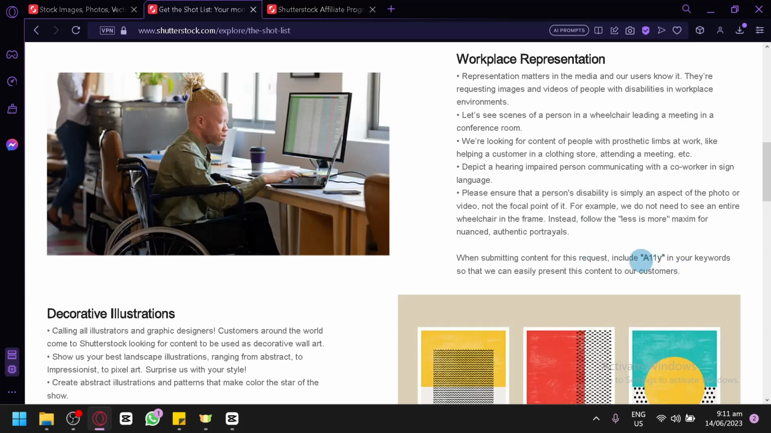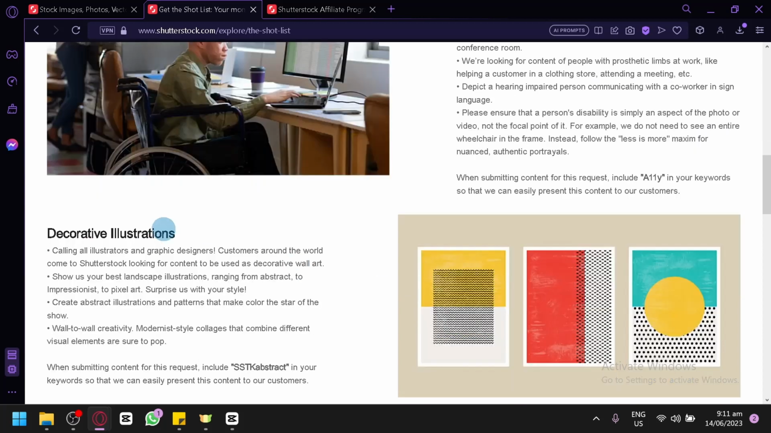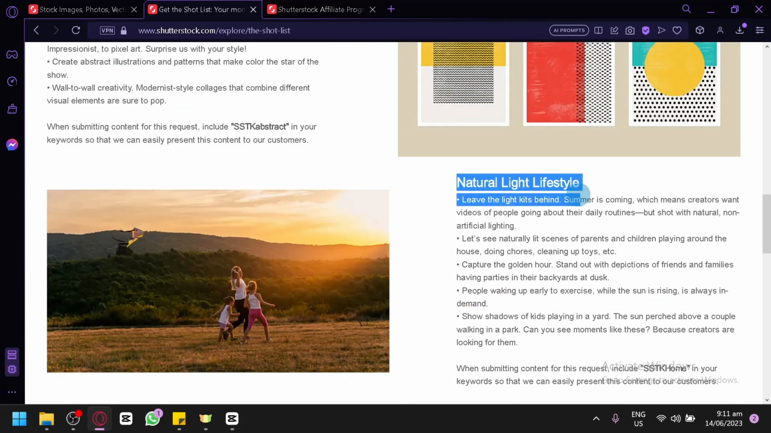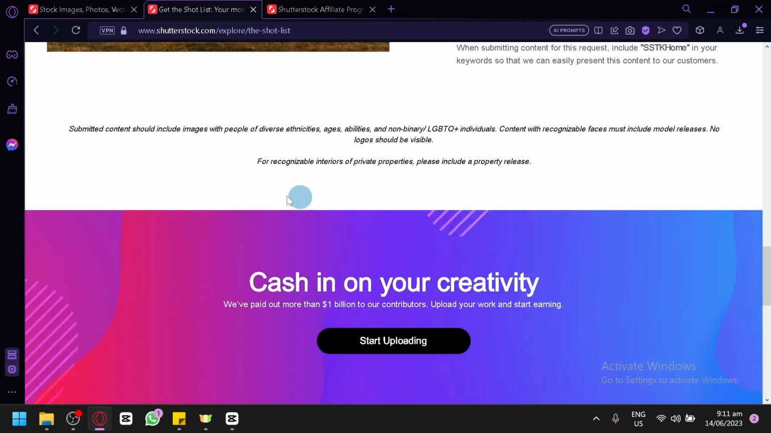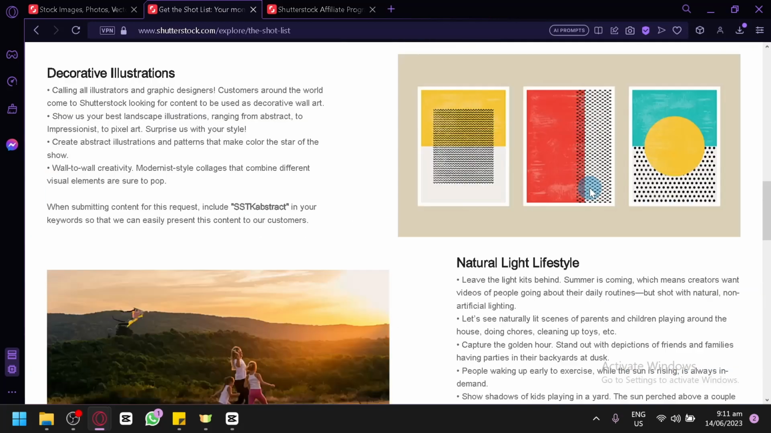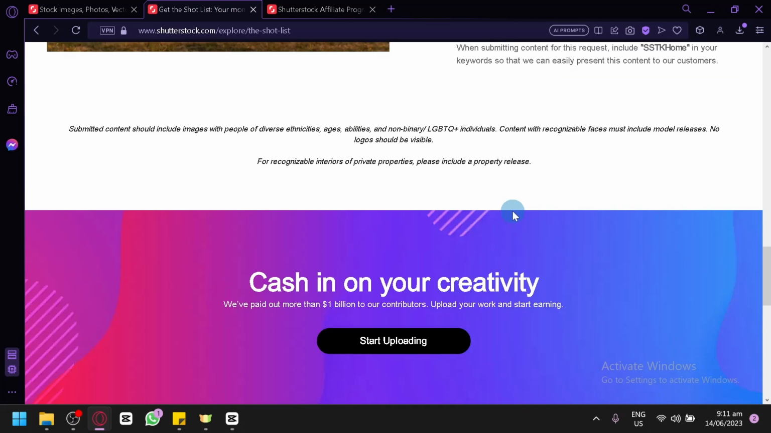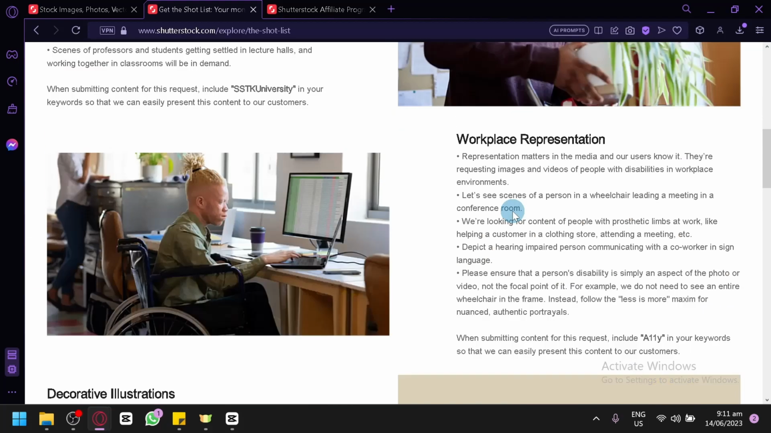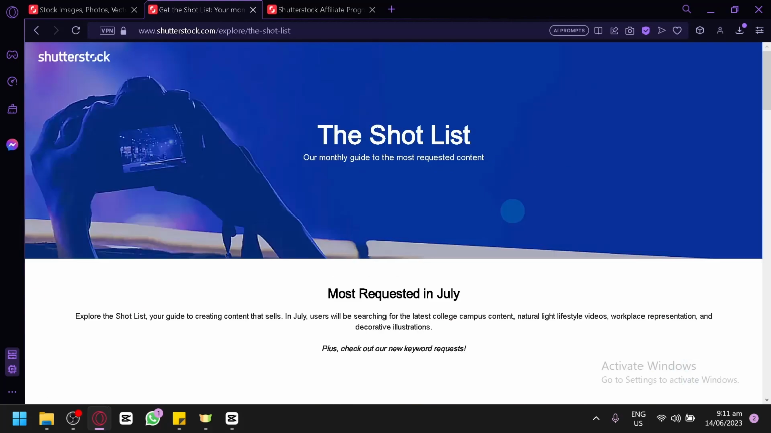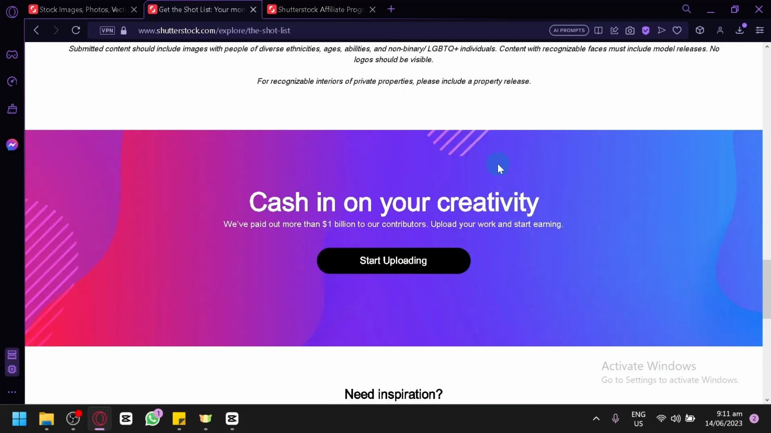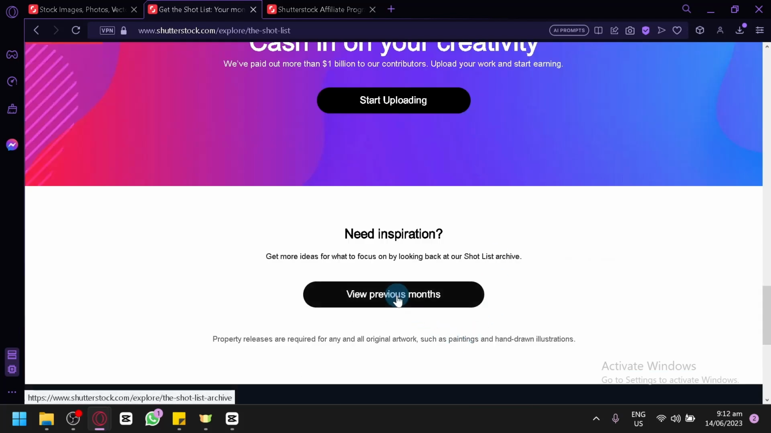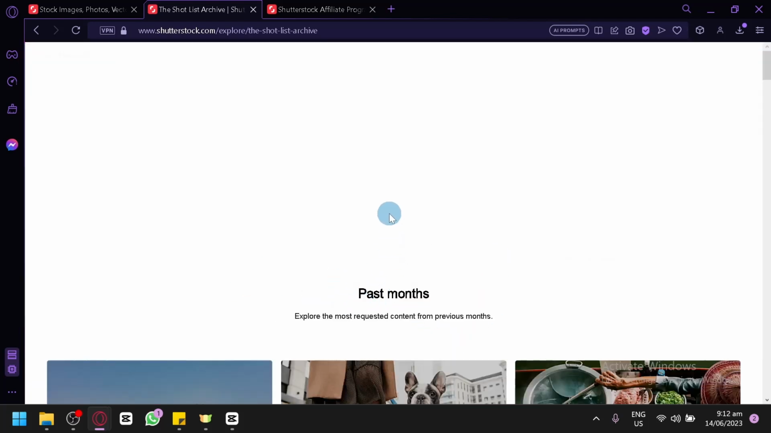And then you would need to add these keywords over here. And you also have your decorative illustrations over here. And there's also natural light lifestyle and stuff like that. By following the shot list right now, you will have the greatest chance of earning in Shutterstock. Now you can also check out previous months by clicking on view previous months over here,